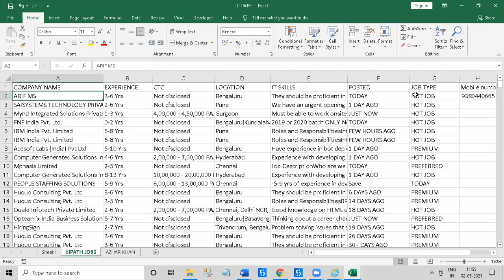Yes, Arif, one thing I wanted to know. For the automation you are setting up, we got the output, but where are we setting the reference? Suppose from Naukri we have to extract the company name. In Naukri a lot of information is there, and we want only three pieces of information. Where are we setting the reference for the company name and the other fields? That is what we wanted to know.